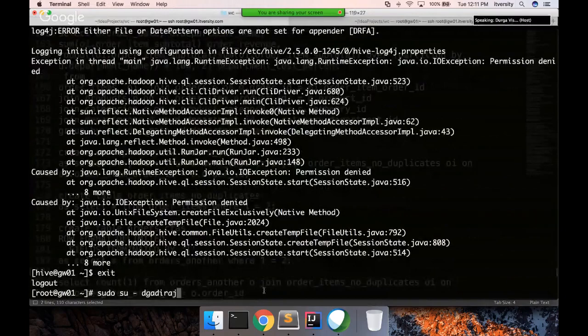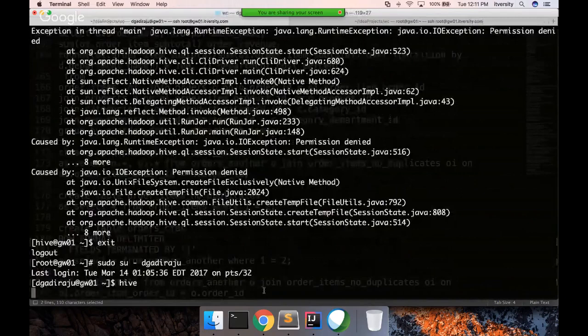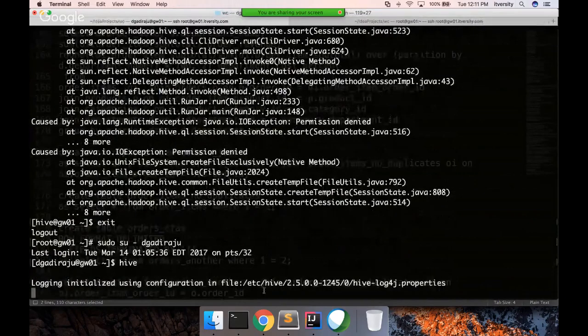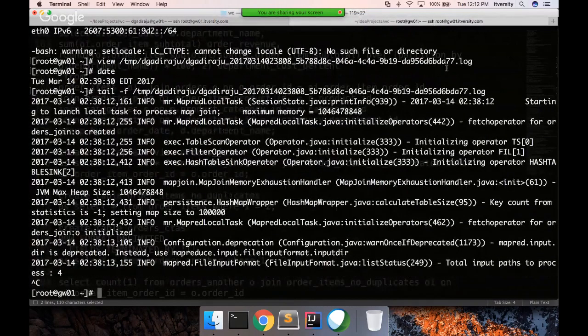One of the important aspects with respect to Hive is the map side join versus reduce side join. I will cover it as part of the performance tuning aspects later. By default it is using map side join. In case you have to do a reduce side join, what you have to do is